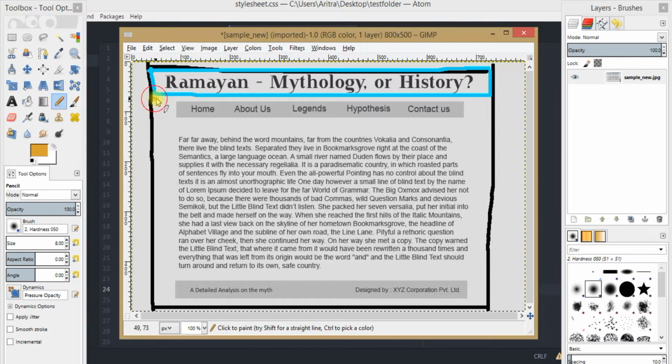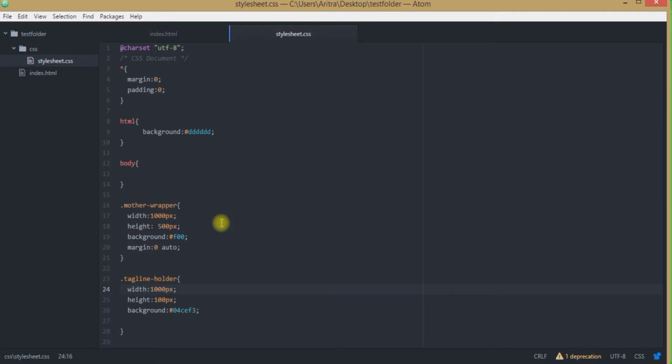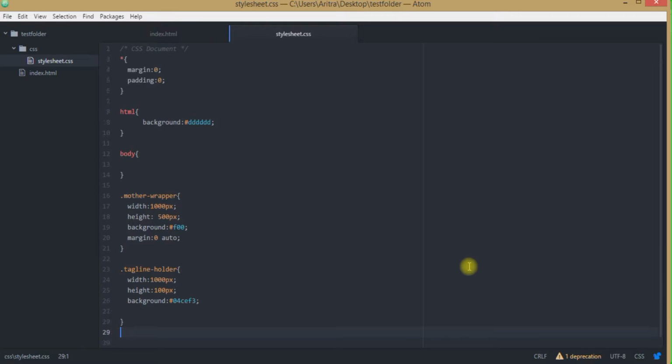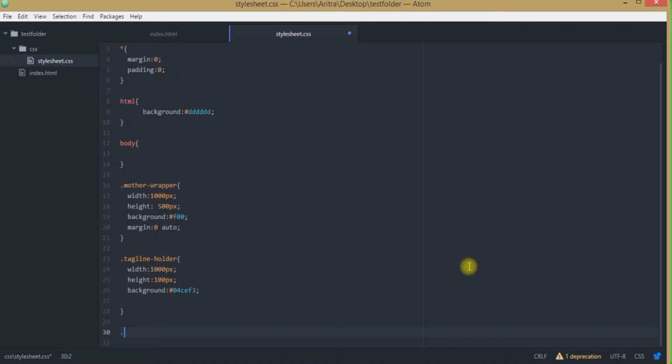Now you are creating another wrapper over here at a width of 1000 pixels, at which this menu item will appear. So just get back to your project. The third wrapper that is coming over here is the menu holder.